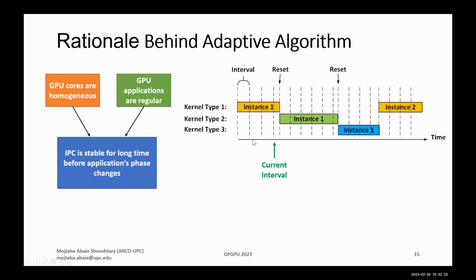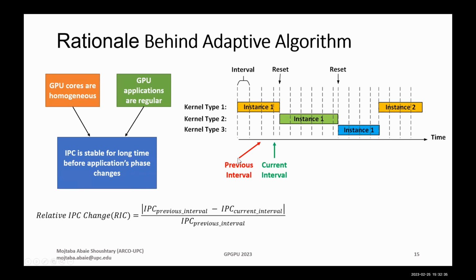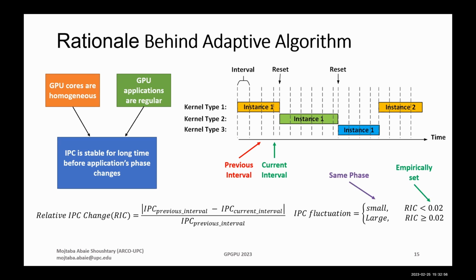Because of that observation, we just partition the execution into multiple intervals, measure the IPC at the end of the current interval and the previous interval, and compute the relative IPC change. If the relative IPC change is small, it means that the IPC is stable. And if the IPC change is large, the fluctuation is large,